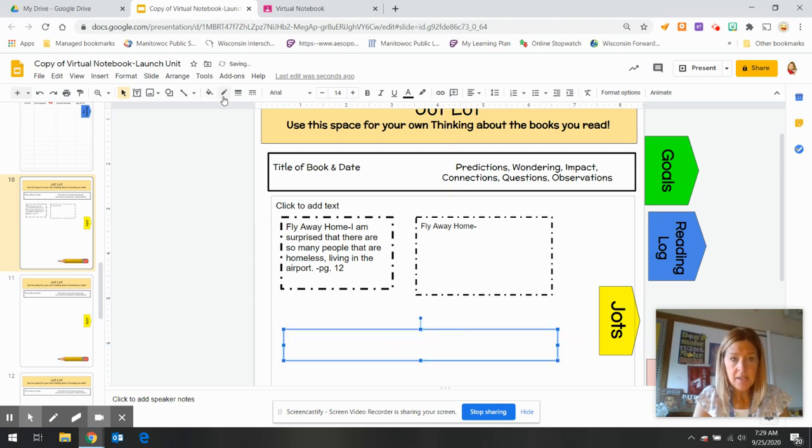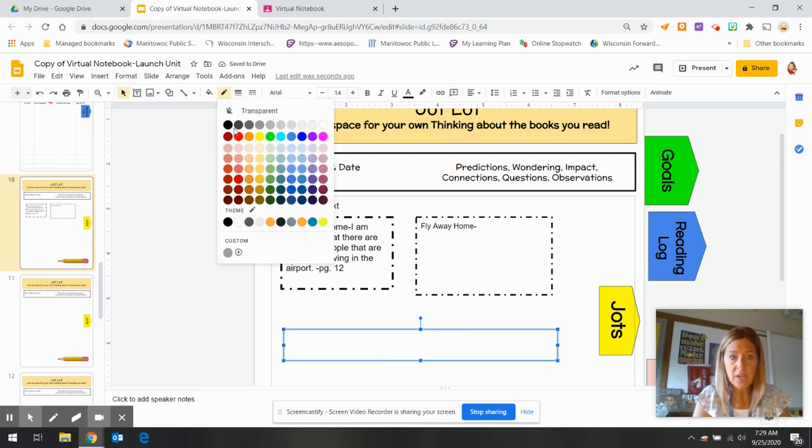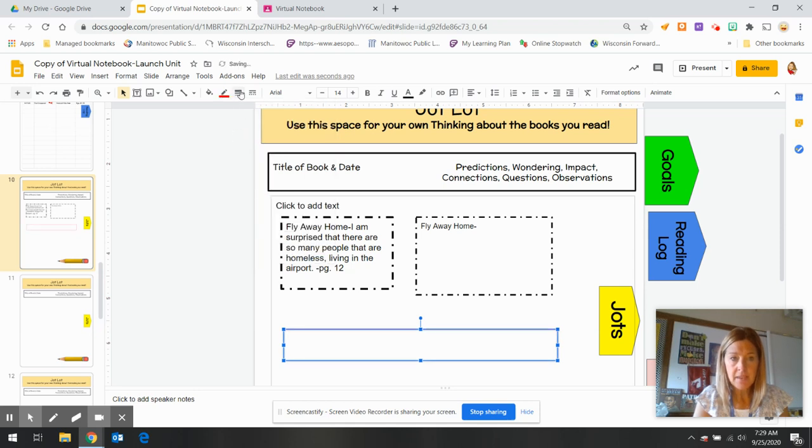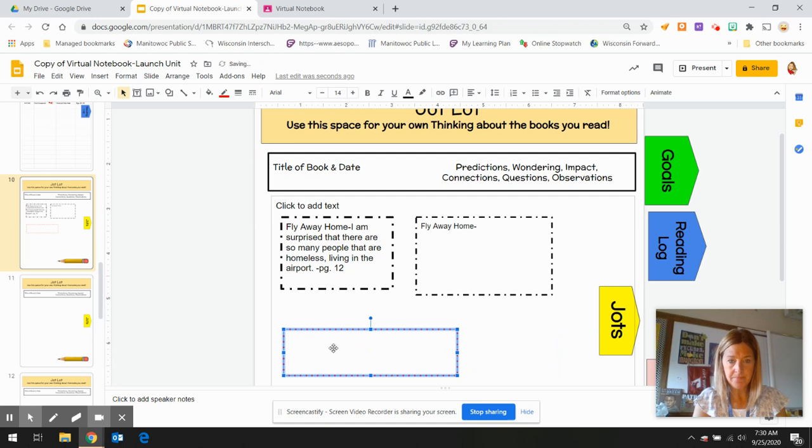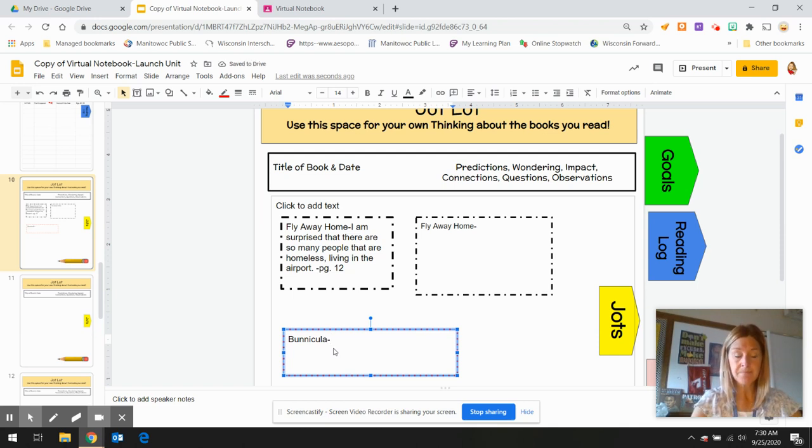I can make a different border color if I want. I can weigh the border color. I can even change it to a dotted line or a dashed line. Once I have that, I'm going to just adjust it a little bit. I double click inside. I'm going to write down the title of the book that I was reading. And then whatever I was thinking,